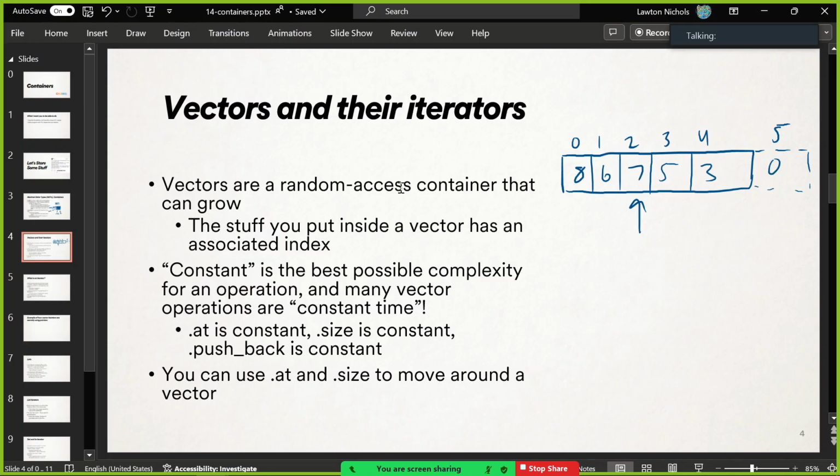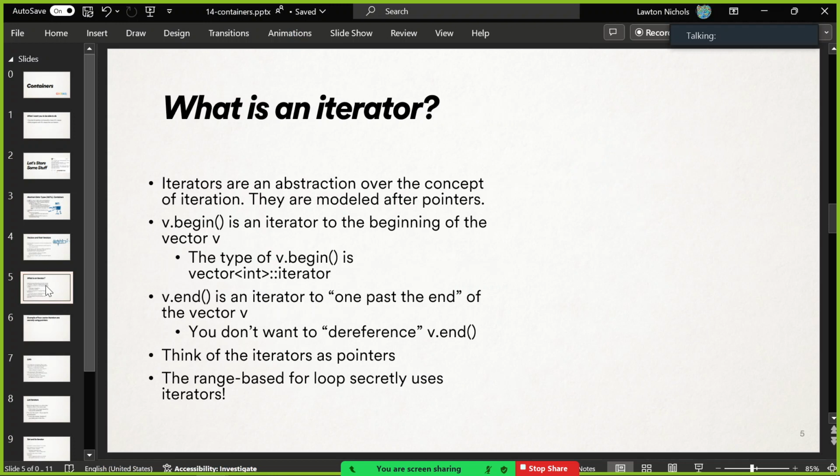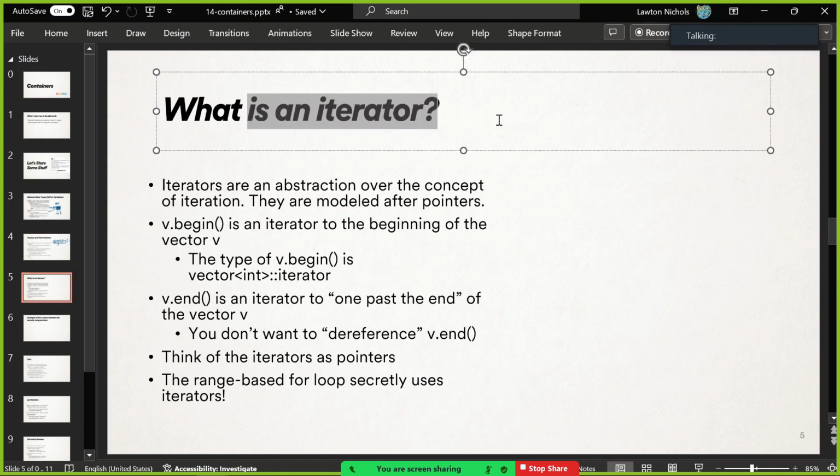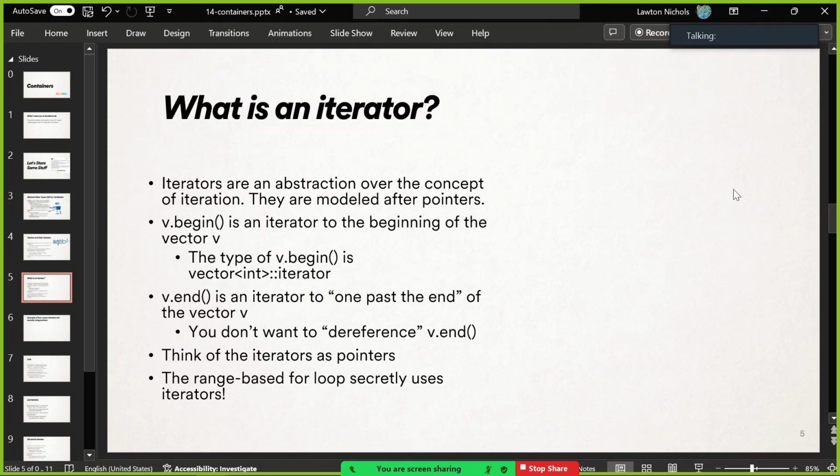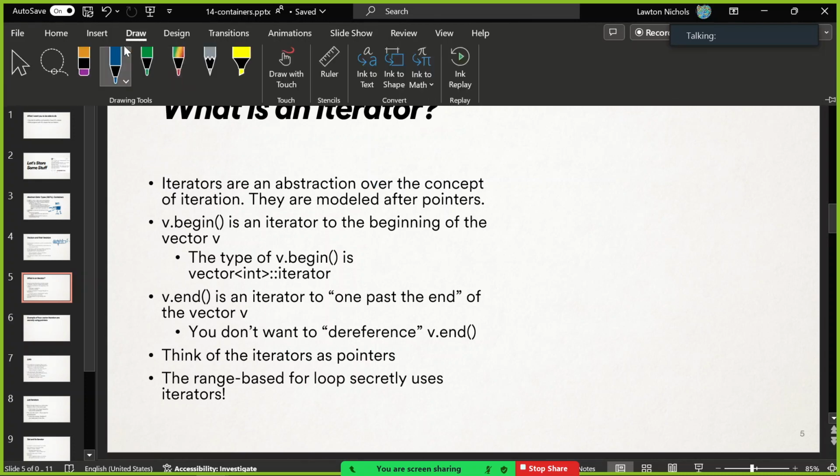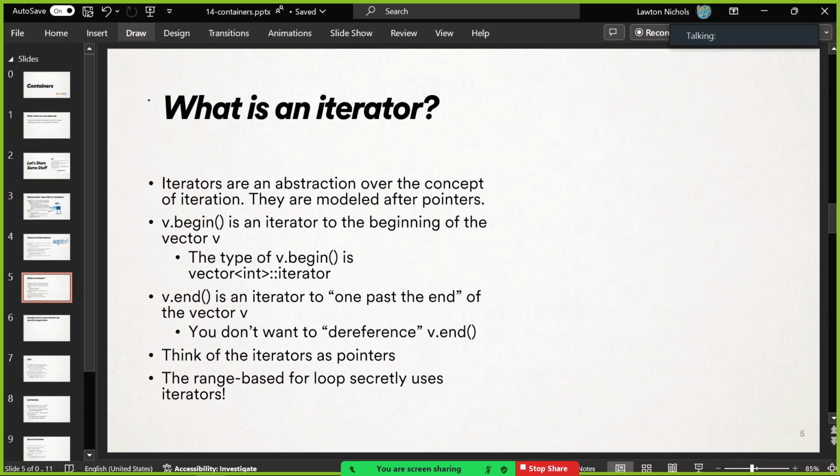But all of these container classes, even though they're going to look weird soon, they're all going to have these iterator things implemented for them. So let's talk about that. An iterator is just like another type. It's a class that abstracts over what it means to iterate through something. So they're modeled after pointers, so like pointer style things work for them. But here's the idea. Here's the setup. If you have a vector v,